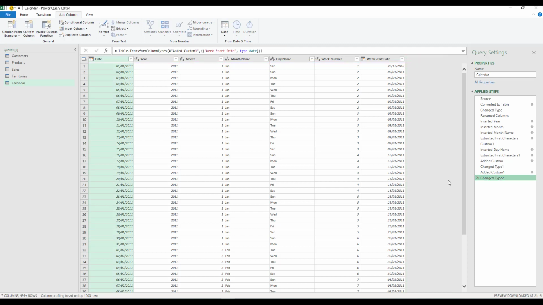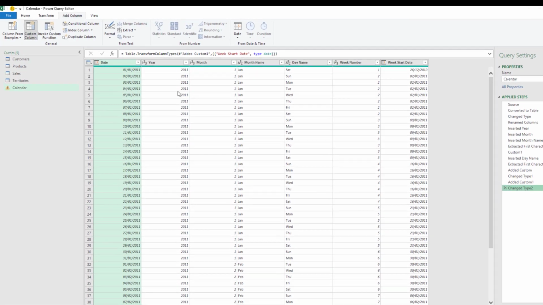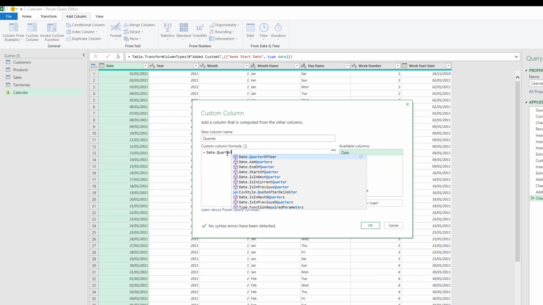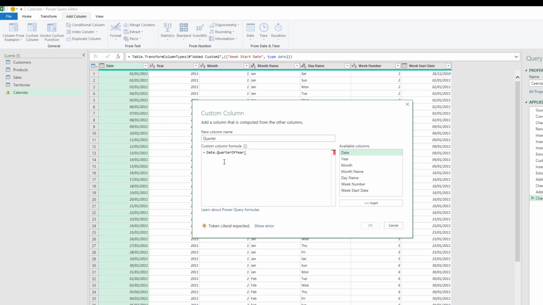So I'm just going to remove this step here and I'm going to go to add column, custom column, and I'm going to name this column quarter. And then it's going to be date.quarter of year. And here there is a spelling mistake. And then I need to input my date. So this is going to give me the quarter of the year. However, I need to concatenate Q onto that. And I need to convert the date.quarter of year to text. So I need to wrap this inside